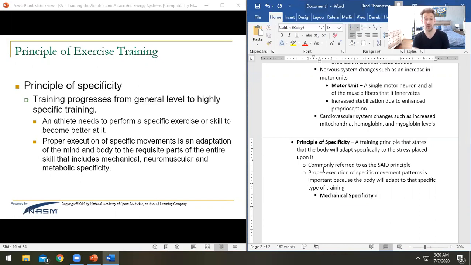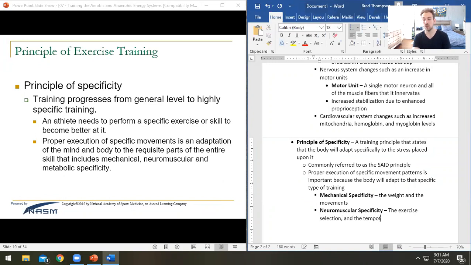This is one of the things you want to consider. Mechanical specificity is the weight and the movements. So heavy legs: the movement is for the legs, and the weight that you are considering is heavy. You've got neuromuscular specificity, and that is going to be your exercise selection